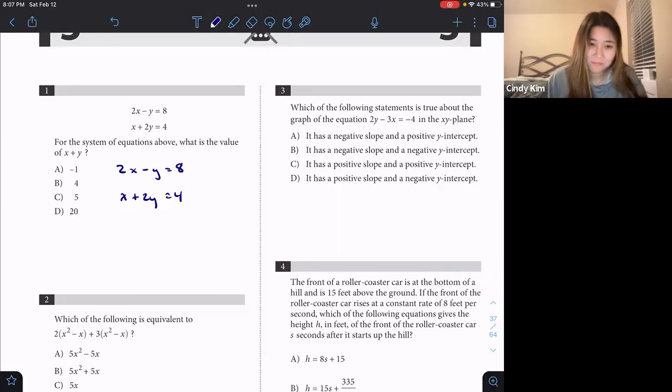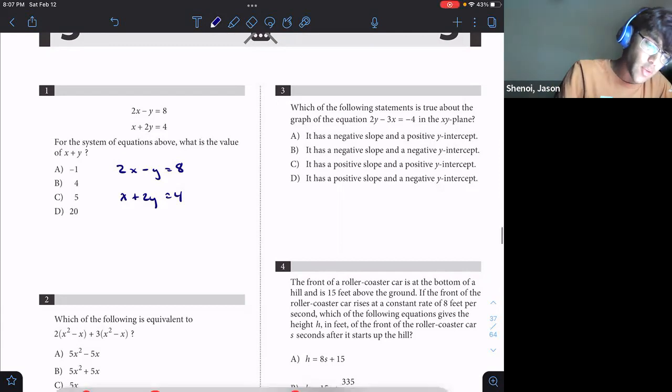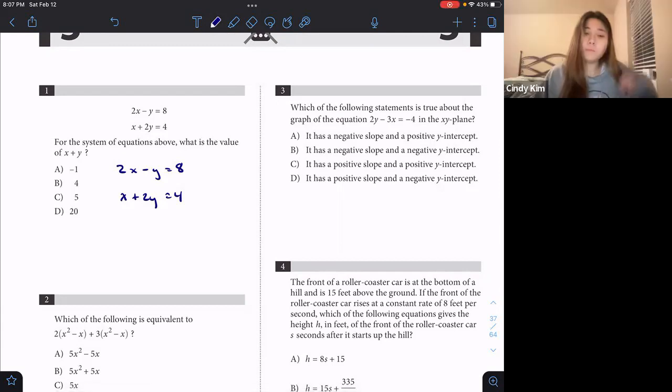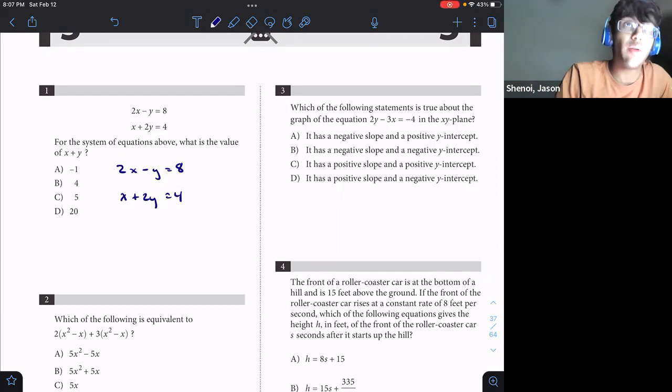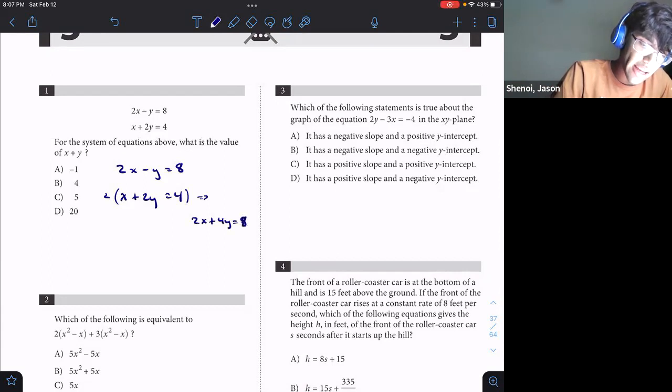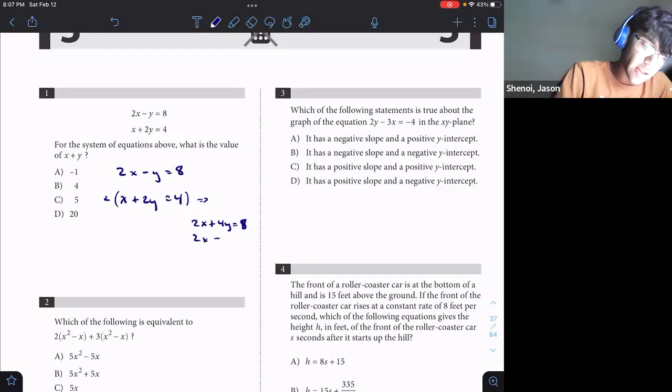It doesn't make it easier or harder either way. But I want to show you they can be done both ways. So x. So we have 2x and x. You want to make it so that it equals the highest number, right? So we want our x to equal 2x. In order to do that, we have to multiply this whole thing by 2. So that equals 2x plus 4y equals 8, because we multiplied everything by 2. And then we have 2x minus y equals 8. So if we subtract,